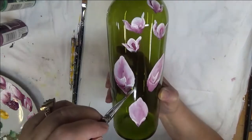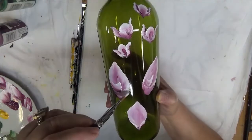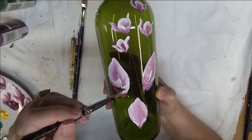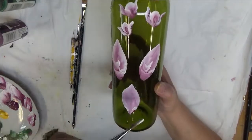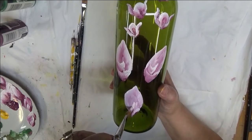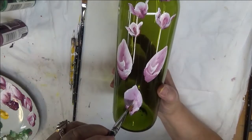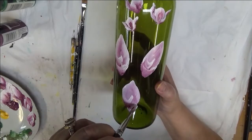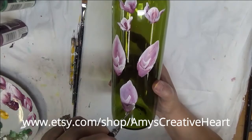You definitely need to work on it, get used to it, and know how to fix it if it gets too challenging. Then we'll do it again one more time. This again is just a simple way to make them. It's not the only way to make them, but when you're dealing with glass,